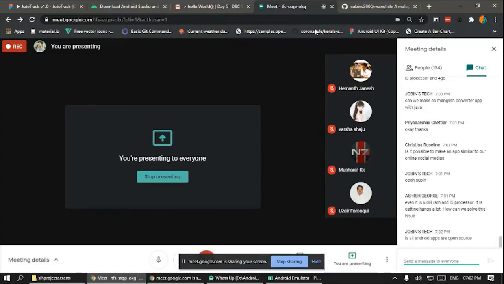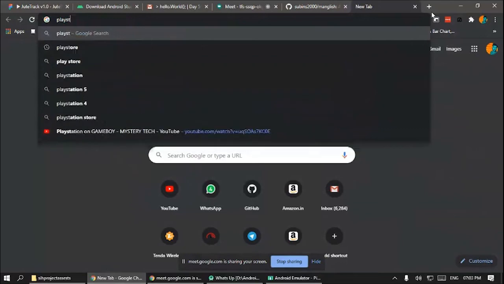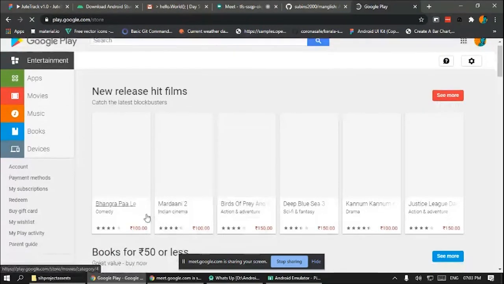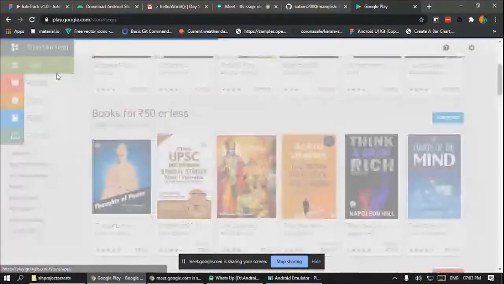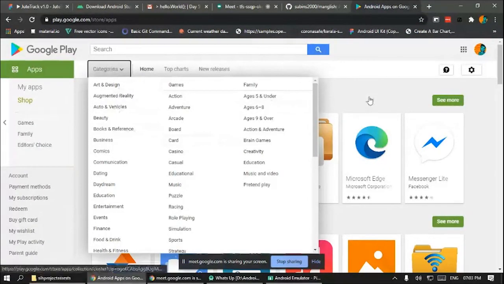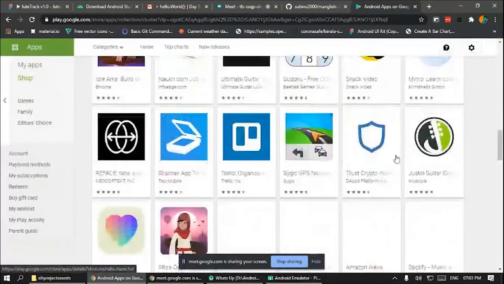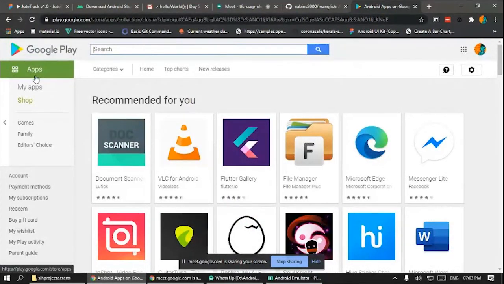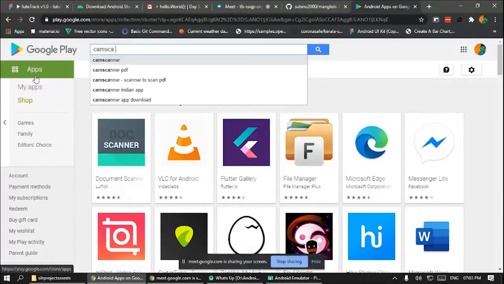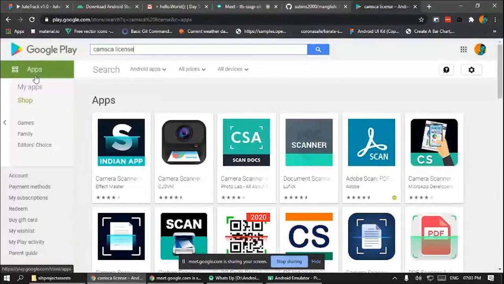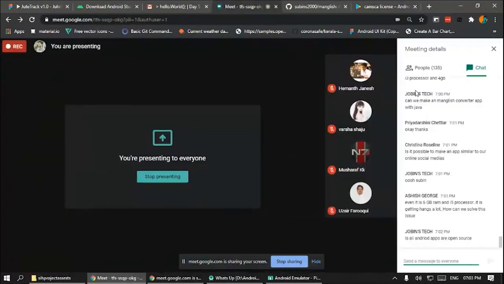Actually, many of the Android apps are paid. If you head over to the Play Store, you can see that. They are not giving us the source code, but it is paid. There is a 100 rupees. Oh, sorry, that's a book actually. If you head to the apps and the categories, where is the paid section? Did they remove it? Many of the applications are paid, like any paid application and scanner license, I guess. Whatever, you have seen paid apps before, so I don't need to explain it again.